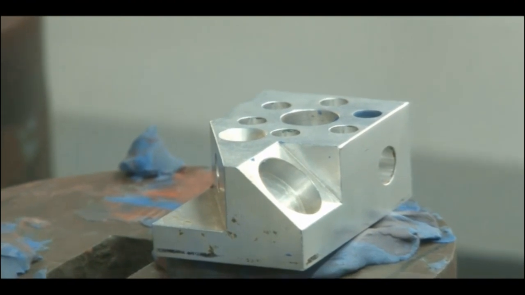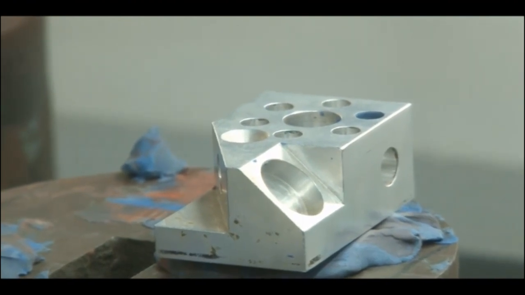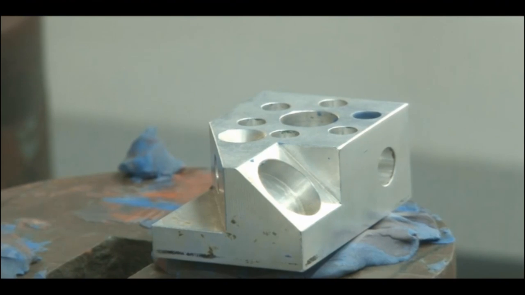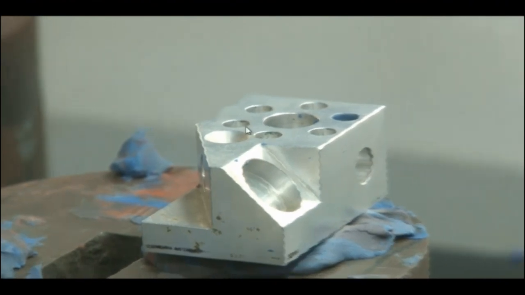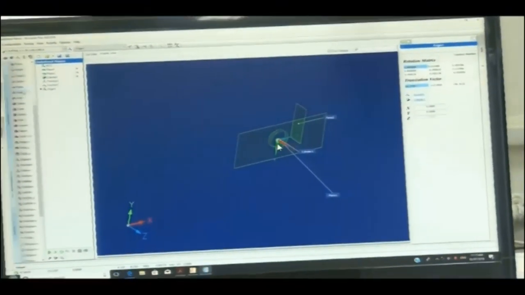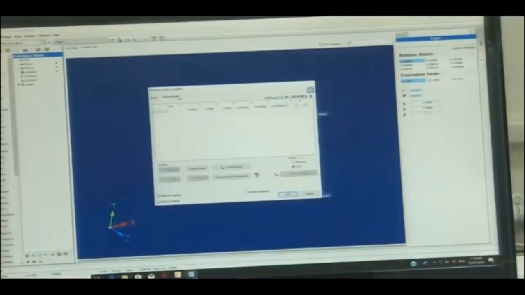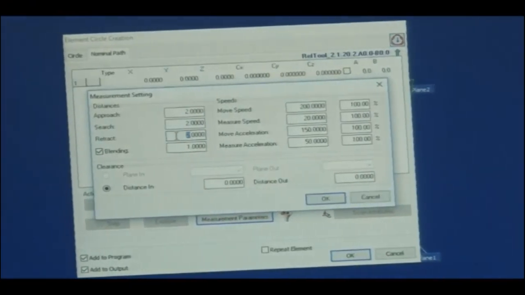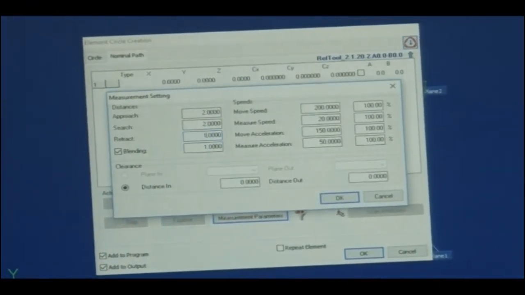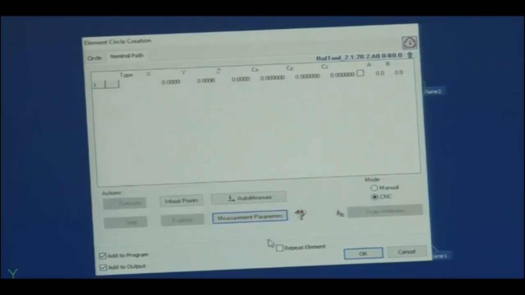So next is how to measure all the parameters. We can select the circles here, these 6 circles, and there is a cone here as well. To measure the circle, we will select circle from here, then measurement parameters. It is trying to retract from the 2 mm we have generated.